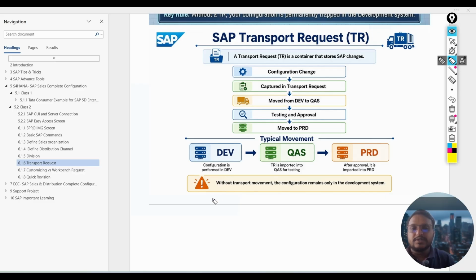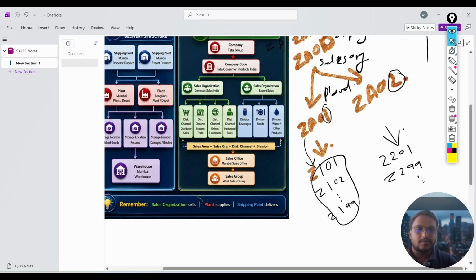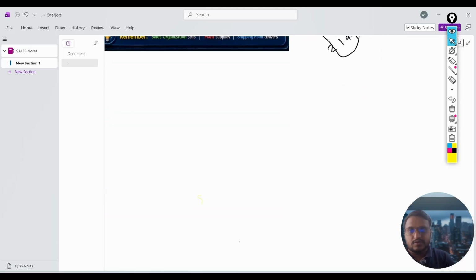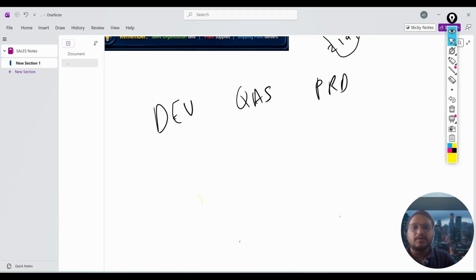Okay, so let's say I have created a sales. Now there are three systems: dev, QS and PRD. Let's say I have done new config over here. Let's say you created sales organization, distribution channel, division. So let's say I've done the config now over here. It's done. Now what I'll do in the dev system only